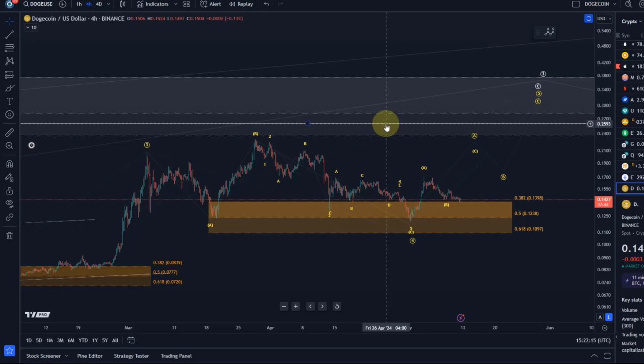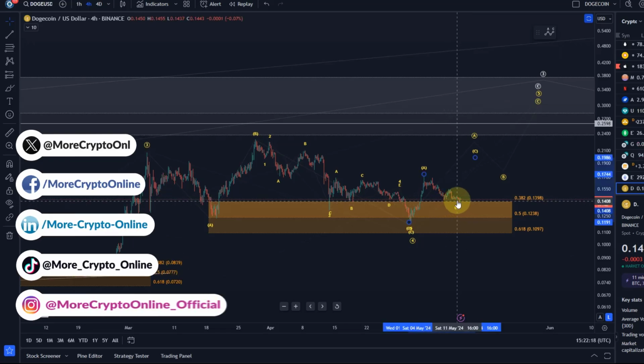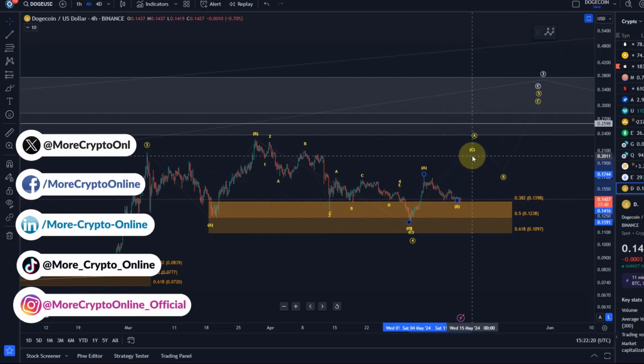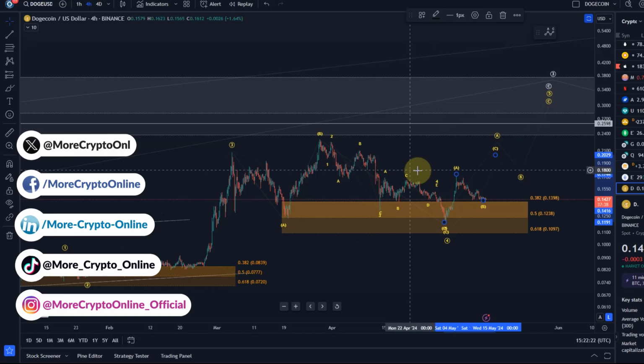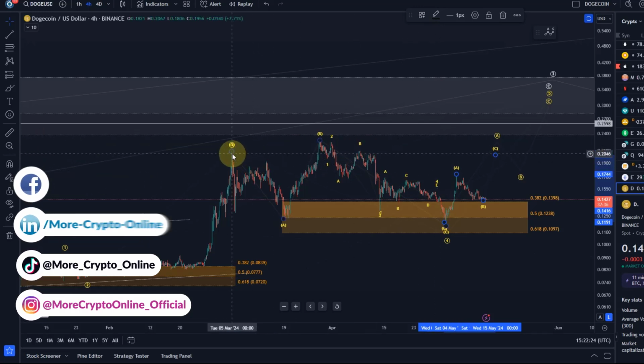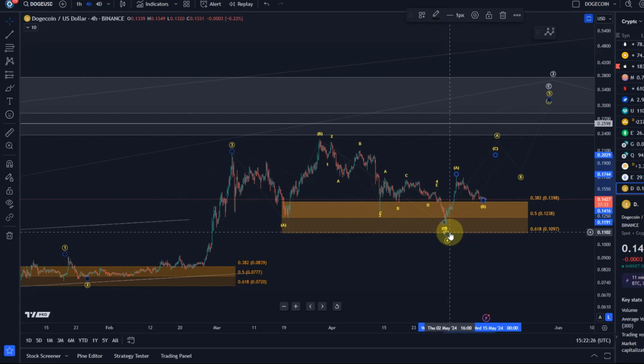The Doge chart still hasn't given us any impression that it wants to start to rally in this C wave here. I'm currently tracking this decline, which started on the 5th of March, as a fourth wave correction. It's a so-called flat correction where the C wave in that flat was an ending diagonal and the B wave did overshoot. Can happen, especially in crypto, they love to do this. And the wave 4 bottomed, at least it looks like it bottomed in the support region.